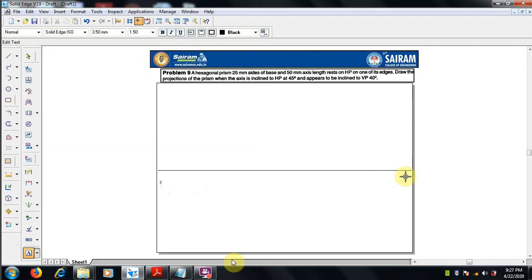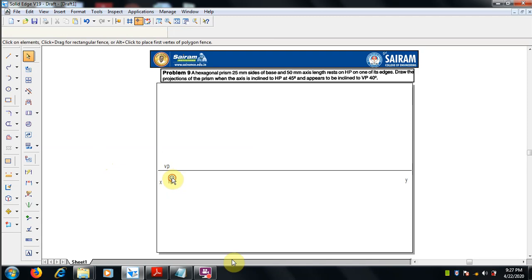X and Y, VP, HP: above the reference VP, below the reference HP. We have done. Just move it nearby, and we will go for the prism, or the top view of the prism, which is a hexagonal prism.